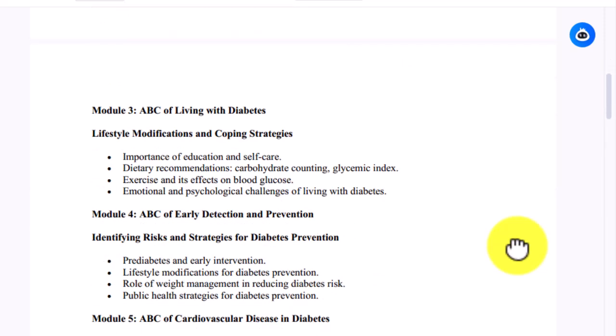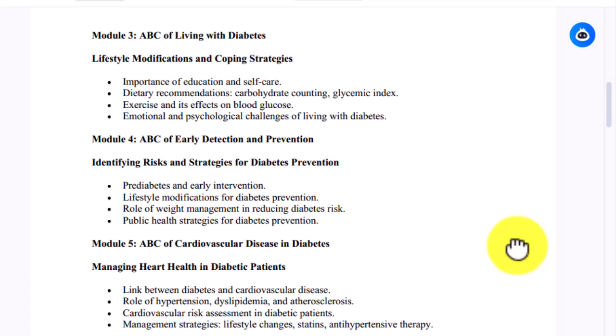ABC of living with diabetes: lifestyle modification and coping strategies, importance of education and self-care, dietary recommendations, carbohydrate counting, glycemic index, exercise and its effect on blood glucose, emotional and psychological challenges of living with diabetes. ABC of early detection and prevention: identify risks and strategies for diabetes prevention,